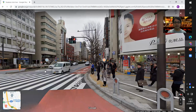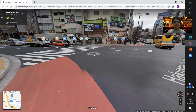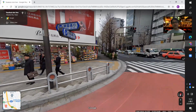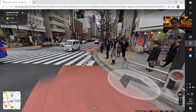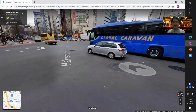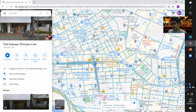Here is the intersection of Jinbocho, something like this image. If you have experience visiting Jinbocho to go around the old bookstores, maybe this scene is very familiar to you. And if you are interested in the future visiting Japan and Tokyo and this central old bookstore area, maybe this is the place. All right, and after that,